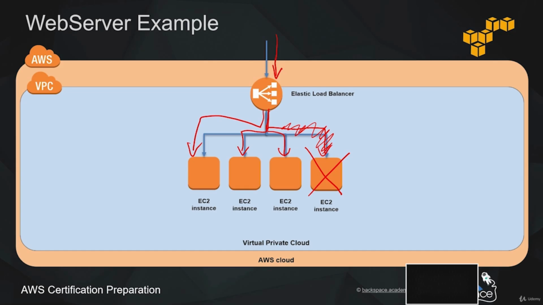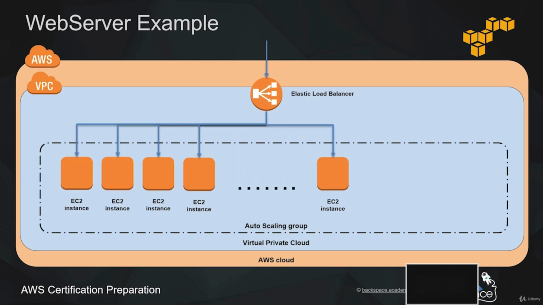But what happens if that demand is only for a short period of time, for example, half an hour? What do we do then? It's not going to be practical for us to terminate instances when demand goes down and then launch instances manually when that occurs. We can't do that every hour. It's not going to be practical. And that's where the auto scaling service comes in.